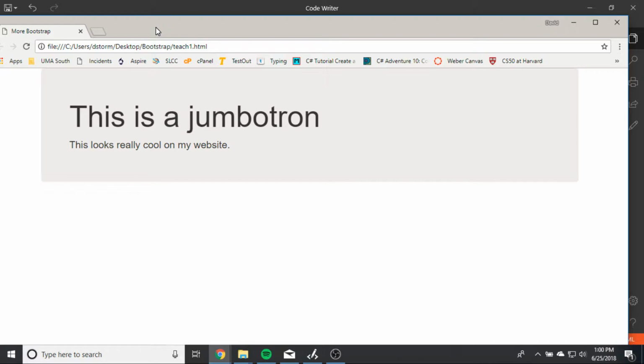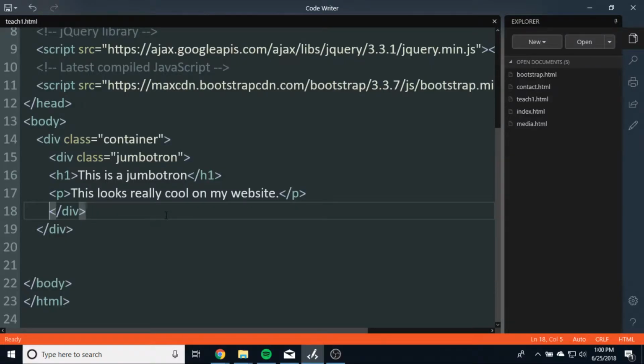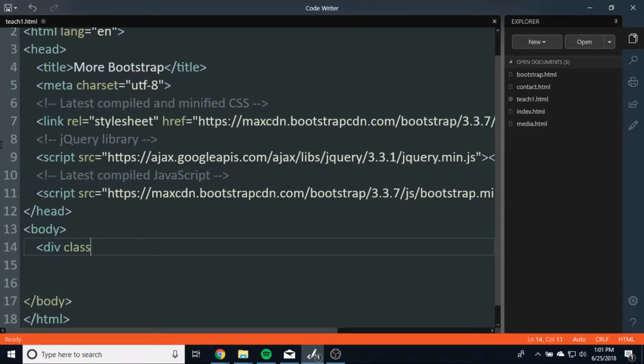All right, let's take a look at one more way to do this. We can create something called a page header. I like Jumbotrons myself, but page headers are pretty cool too. Let's go ahead and create one of those. I'm going to get rid of this code very quickly. And I want to create a new page header. So I'm going to create a div, and I'm going to give it the class of page-header. And then inside the page header, I will put an H1 in there that says